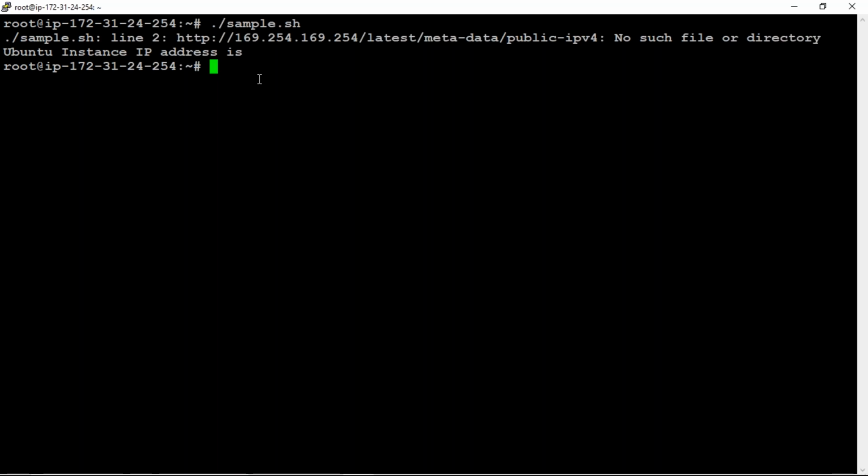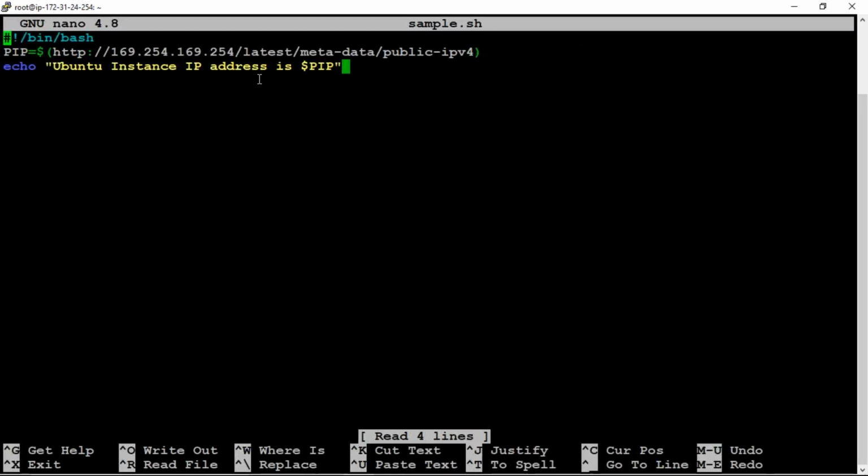So now look at the code. How do we look at the code again? By using the same command, nano space sample.sh. Can anyone find this error? In the code, we are having some error.